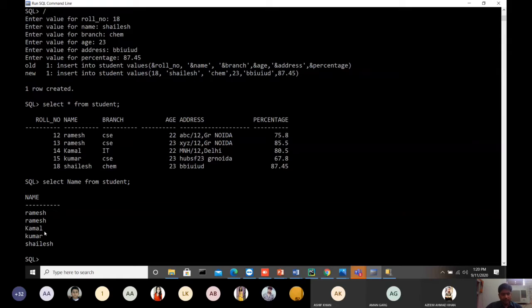All these are displayed. If you want to display name with their roll number, so name and roll number, right, from student. So you can see what will be